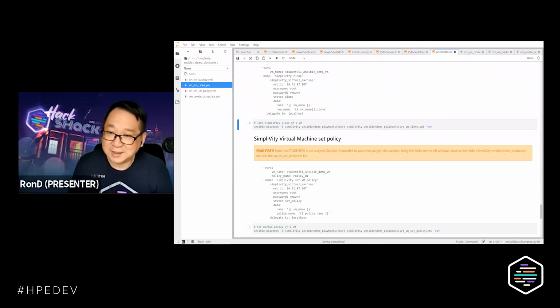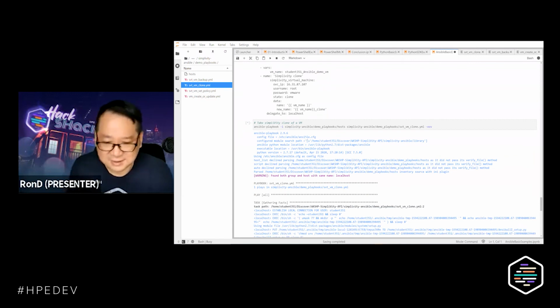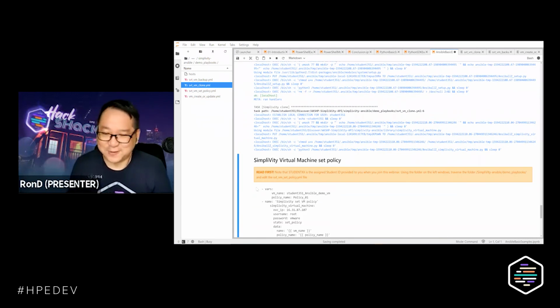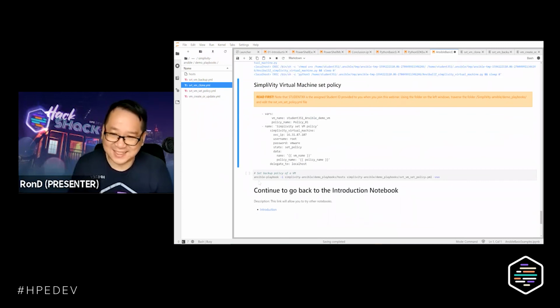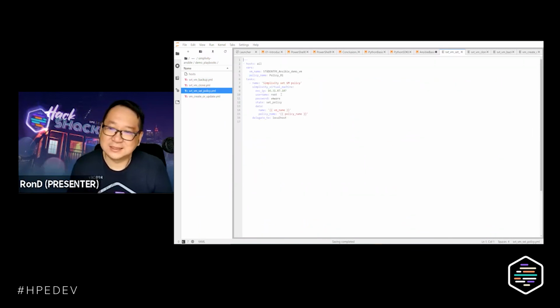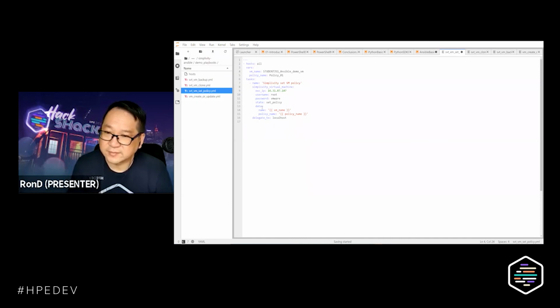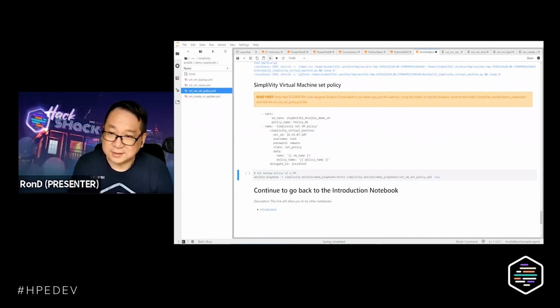But because of the automation, we're able to accomplish that within such a very short time. We're going to set the virtual machine backup policy. So we're going to set the policy here. And we should be able to execute it again.